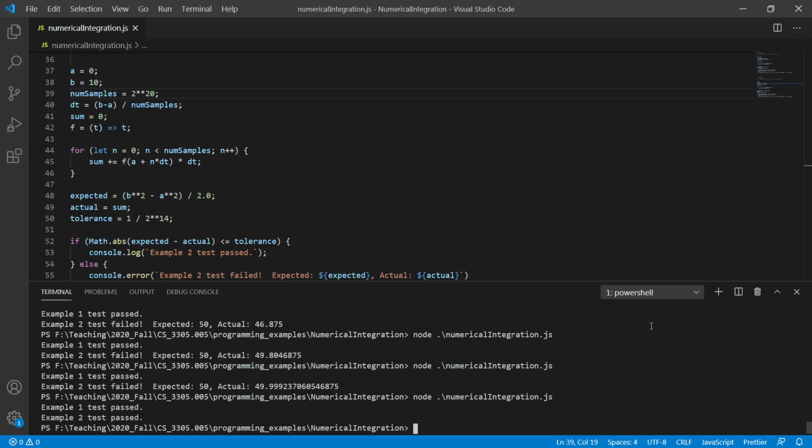But for this one, where it was nonlinear, because the area is changing very dramatically based on how far up the values of t we go, we needed more and more samples. And so we could have increased our accuracy using the trapezoid method,